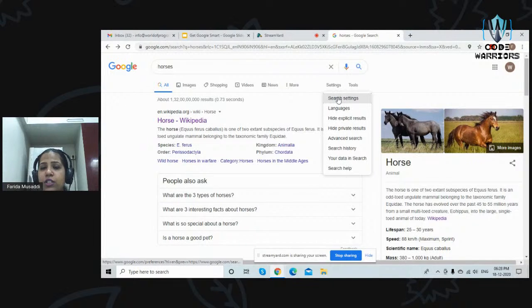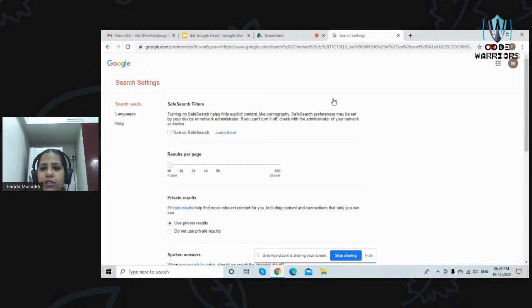Another thing is safe search that I was talking about. So if you go to settings and just go to safe search settings, it is going to give you this option which is safe search. Safe search is where, if you turn it on, this is specifically for parents. Sometimes we do not want that our kids, when they are browsing, any untoward websites should just pop up, because kids have a habit of exploring. So they might keep exploring and then it might lead to certain websites wherein you don't want them to go.